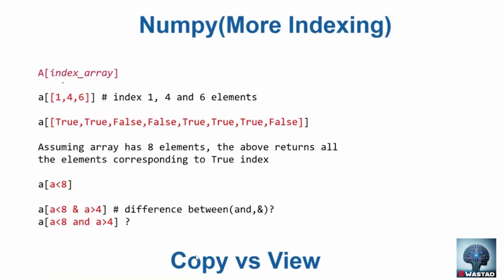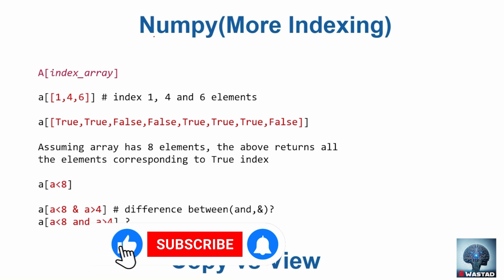This is another way of indexing a NumPy array. In the last video, we saw we can do slicing notation. For example, start from here, end at here, and so on. There is another way of accessing a NumPy array: we have an array A, and we can just give